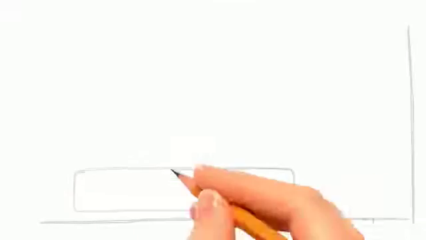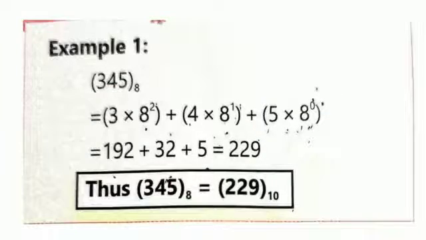The procedure of octal to decimal conversion is similar to binary to decimal conversion. Now we studied binary to decimal. It is the same, only the base differs: there we used the base number 2 for binary, here the base number is 8. Only that difference. The conversion is the same. First example, 345. This is an octal number, that's why the base number is 8.